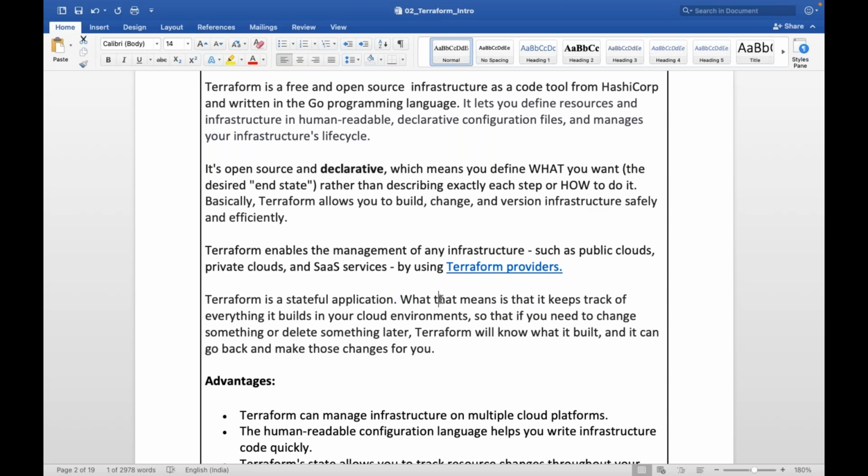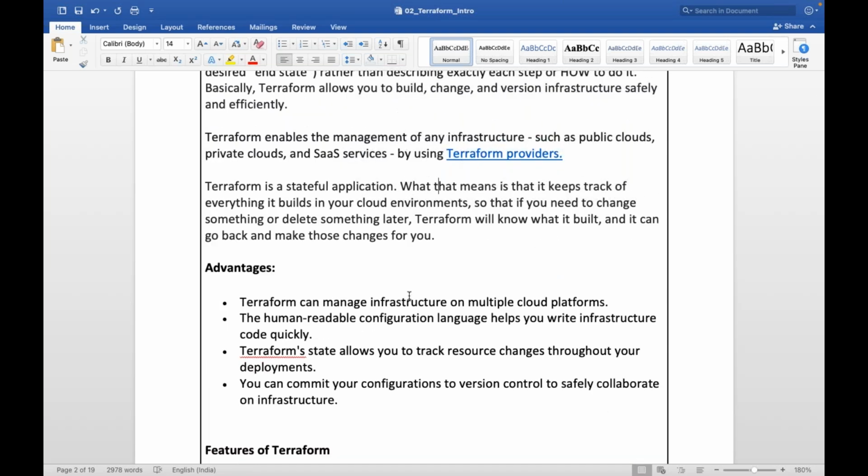What that means, it is going to keep track of everything it is building in your cloud environments, so that if you need to change or delete something later, Terraform will know what it has built and it can go back and make the changes for you. Terraform is going to maintain the state. It's a stateful application.